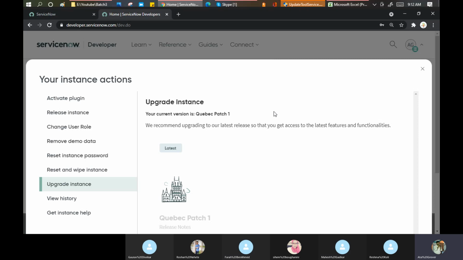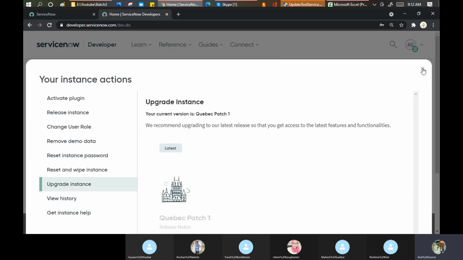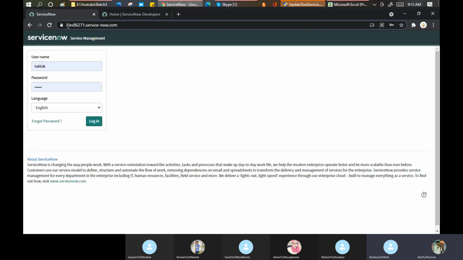Okay, perfectly fine. So you will get a page like this for your instance. Click on the cubic release only and get an instance. Once after 5 or 10 minutes, you will get a pop-up something like this, that this is the URL of your instance. And what will that URL contain? The URL will be something like this: dev, then some digits, and then you will get some name here,